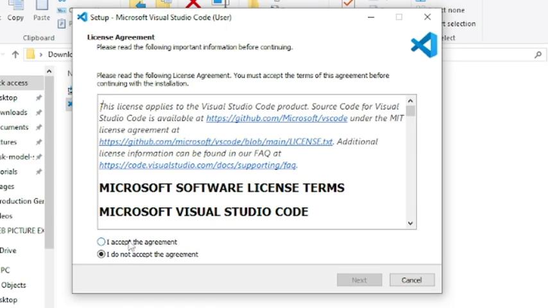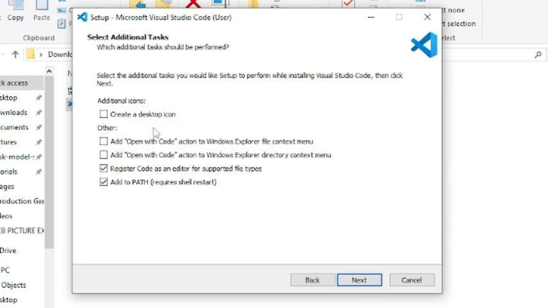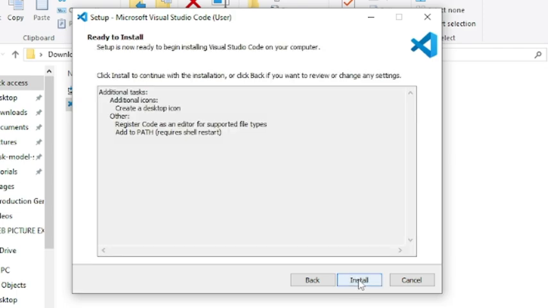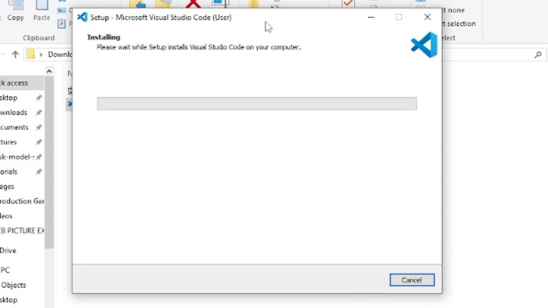We need to accept the license agreement, so I accept the agreement and click next. I also want a desktop icon, so I will create a desktop icon and leave it checked, then click next and install. Please wait while setup installs Visual Studio Code on your computer.